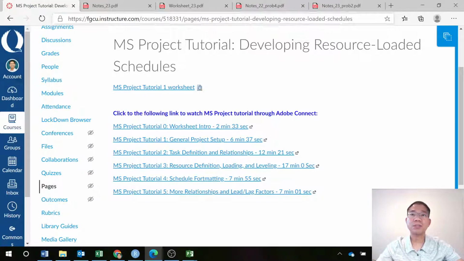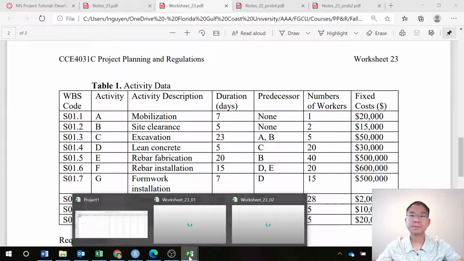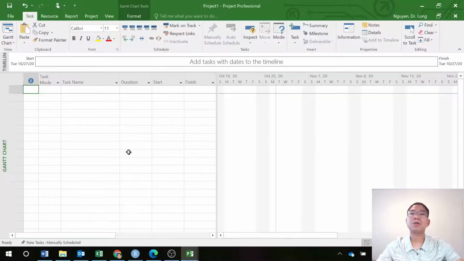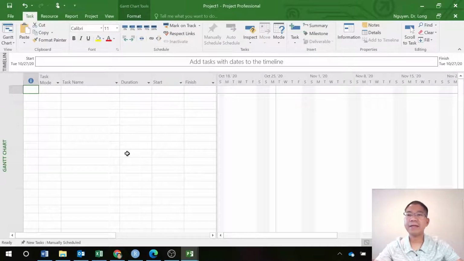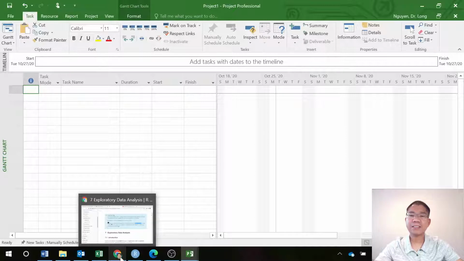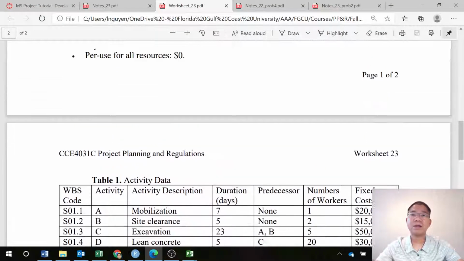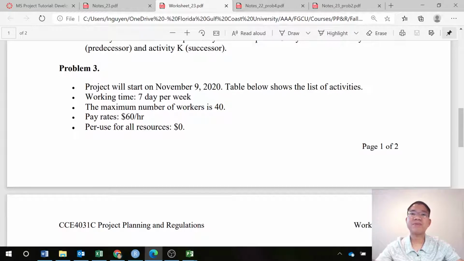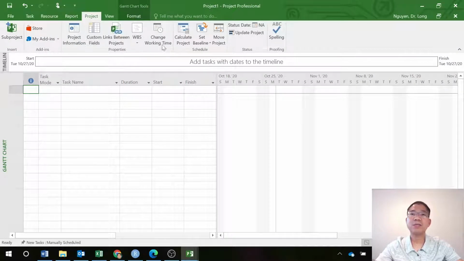So let's go back to the worksheet with the information here. This is the project schedule in Microsoft Project, and I show it here in the Gantt chart. So with this project, how can I set up the schedule? You have activities working 7 days per week, so we can go back here to the project tab,